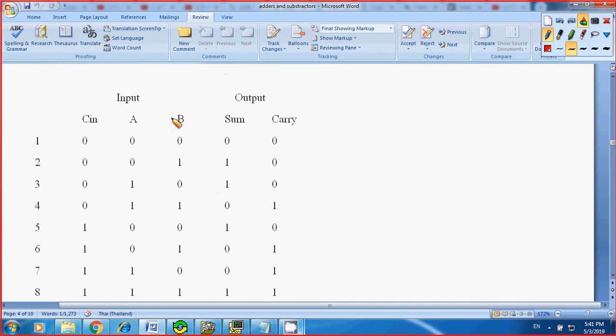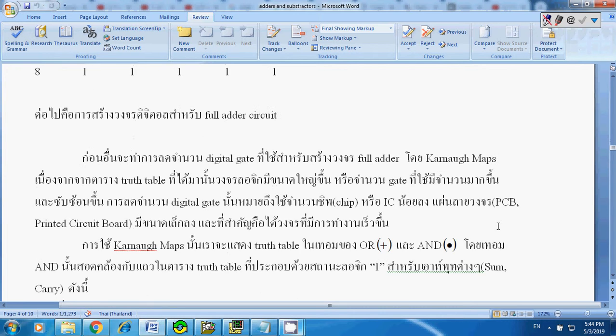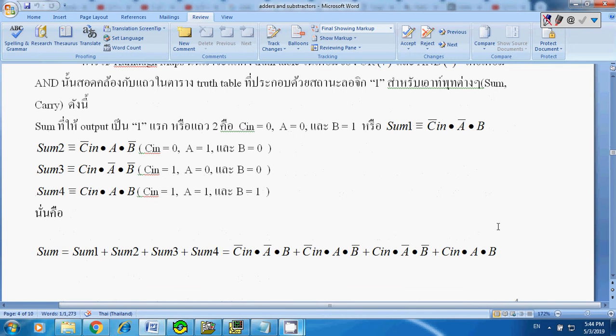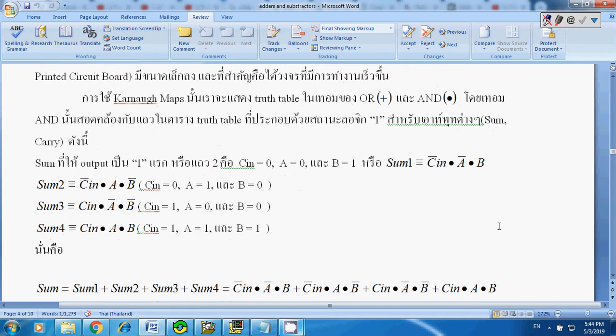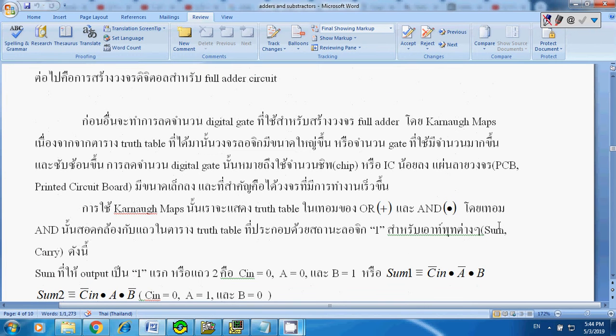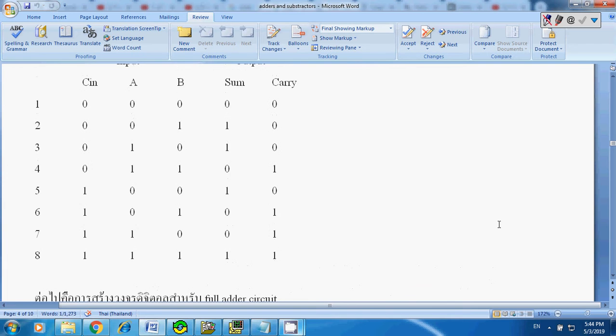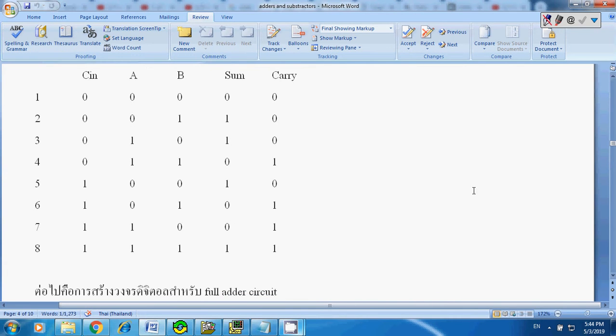Okay, so this is your truth table for the full adder circuit, with 3 inputs, and this is your output. Now let's take a quick look. In the case where you do not apply your Karnaugh Map, you have to write down the expression for our outputs. Let's start with the